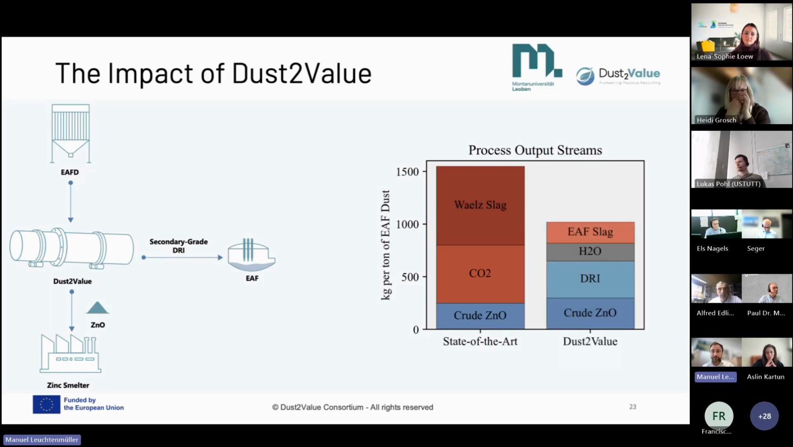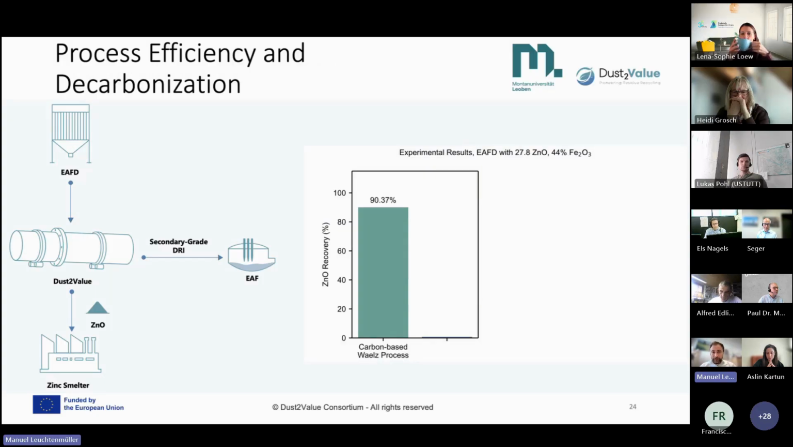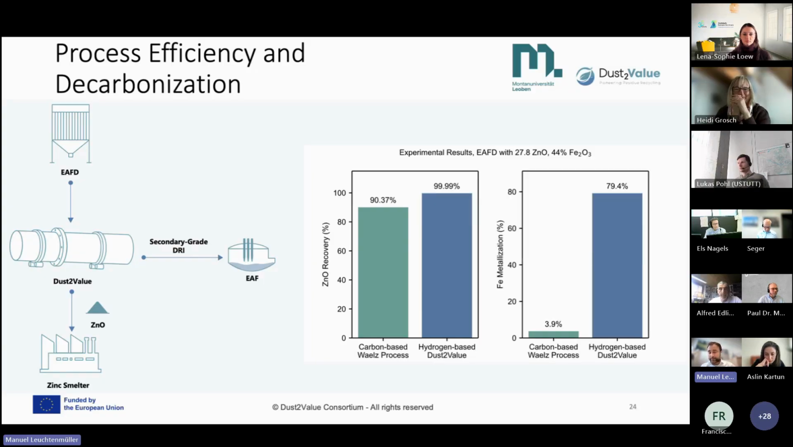And with the transition, that's our Dust2Value process, we estimate that we can have more zinc oxide because of the improved recovery, also produce this secondary grade DRI and have a minor fraction of slag-building compounds that go back into the electric arc furnace. In terms of reduction kinetics and efficiency, we ran many tests over the past years, and what we see overall is that when running the tests in simulated